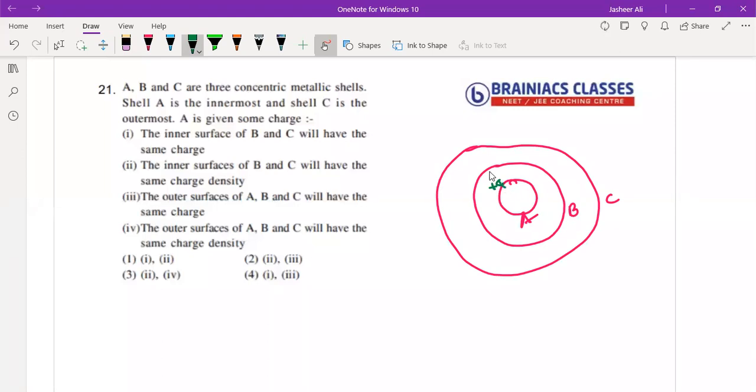So what will happen? Due to the induction property, an opposite charge will be induced on the interior side of